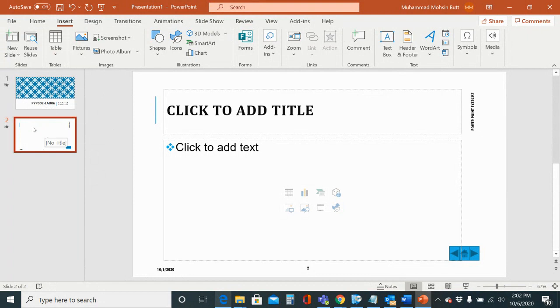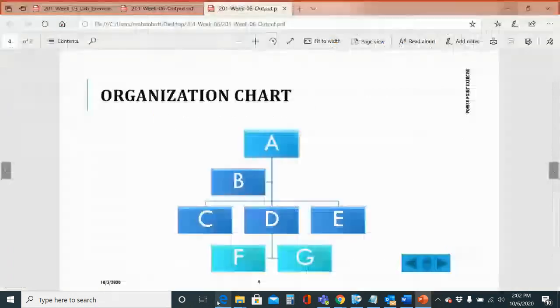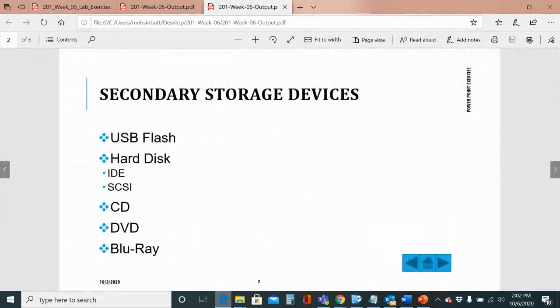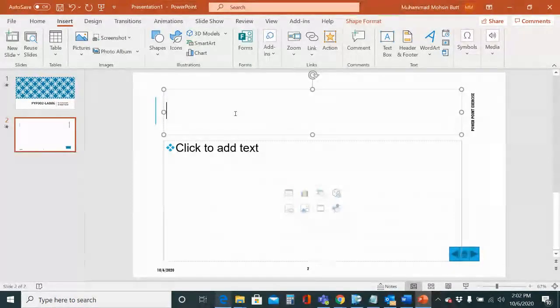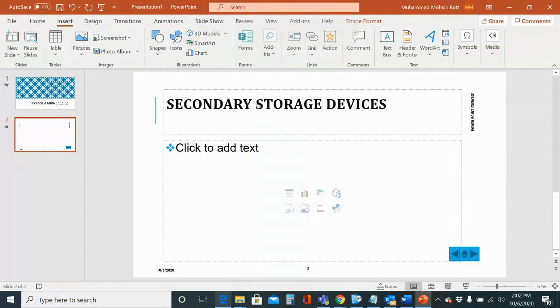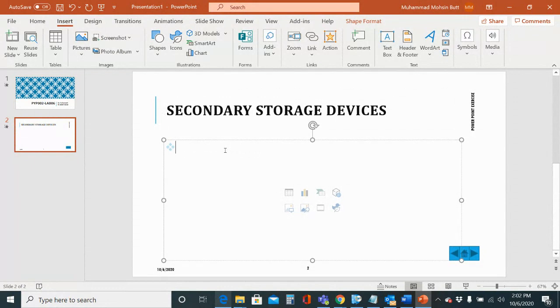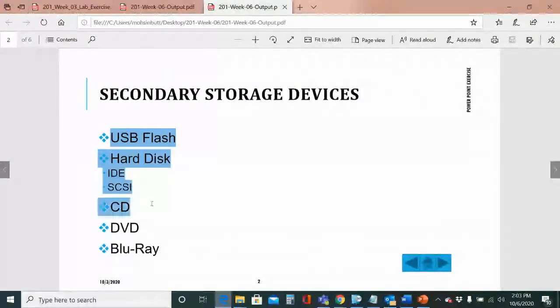So everyone, if you create the title and content slide now, you need to add the title. So the title, you can once again just get it from the output. So the second slide, the title is secondary storage devices. This is what you need to do quickly. Instead of typing, it will take you a long time. You just right click and paste the text. Secondary storage devices. And here for the content, you can type this whole content